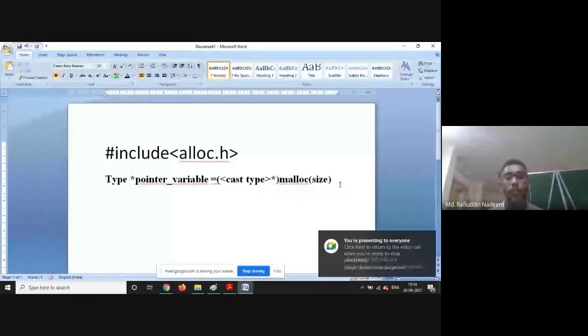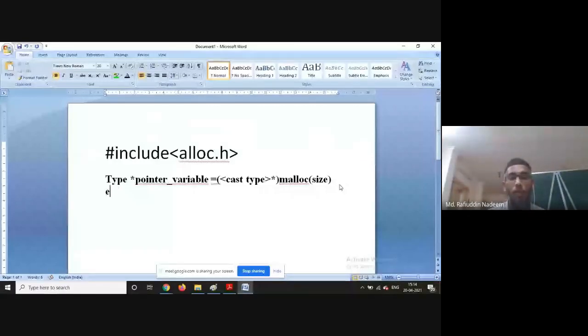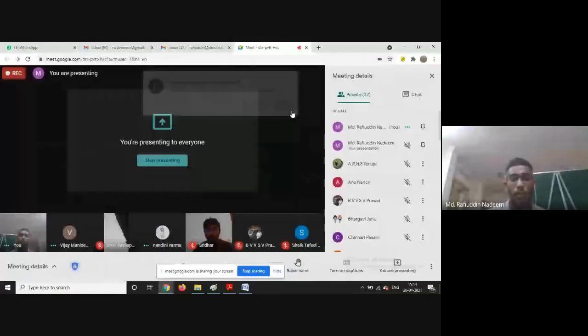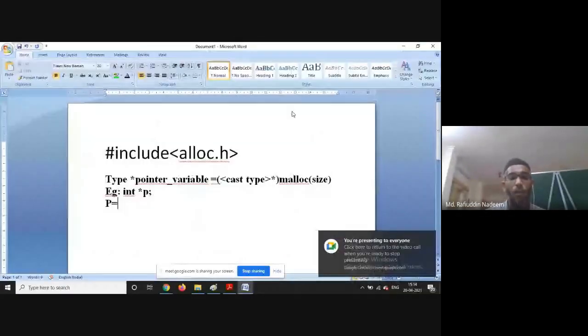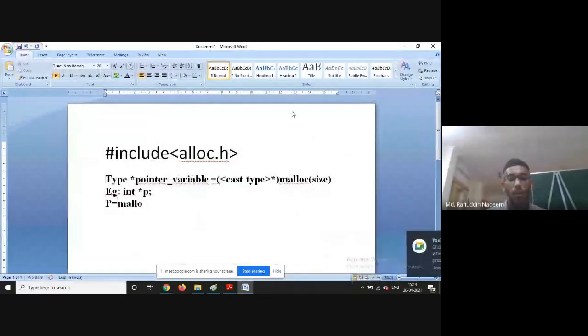Let us understand this with an example. Now I will say int *p. Okay, now I will say p equals malloc of size.